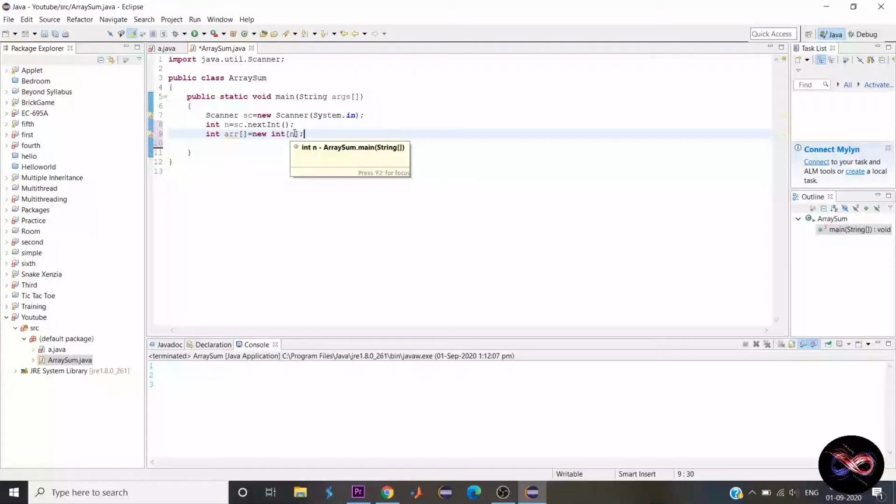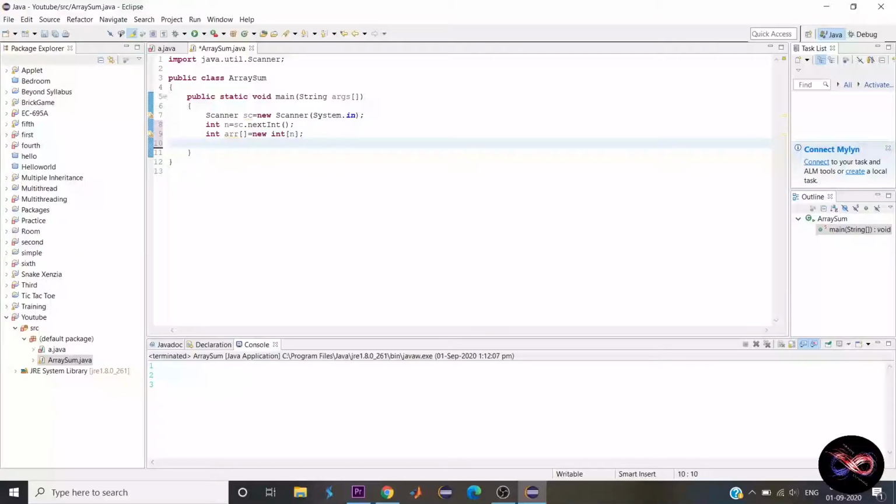Here I have given n, but you can give any number. Basically in this square bracket we give the size of the array. It can be 100, it can be 10, it can be 5, it can be anything. So I'll take the length of the array from the user side, so it can be different. So I just generalize the array with size n.